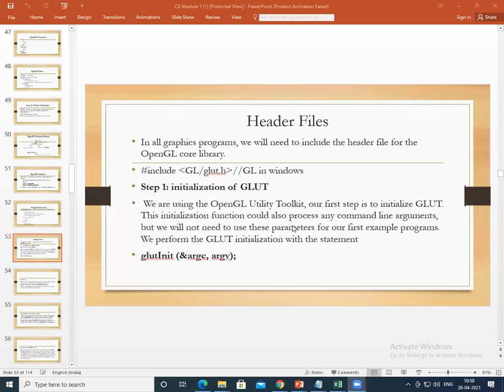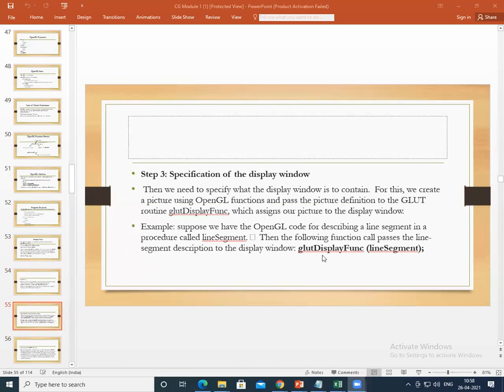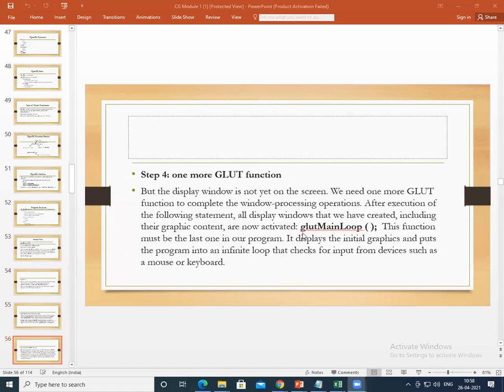So I told you, we have first, initialization of the arguments. Step 2, creating a window where we want to draw the primitive. Step 3, what has to be displayed, that is a display function. Step 4 is calling the main loop function, that is to display the window on the screen with the drawn primitive.